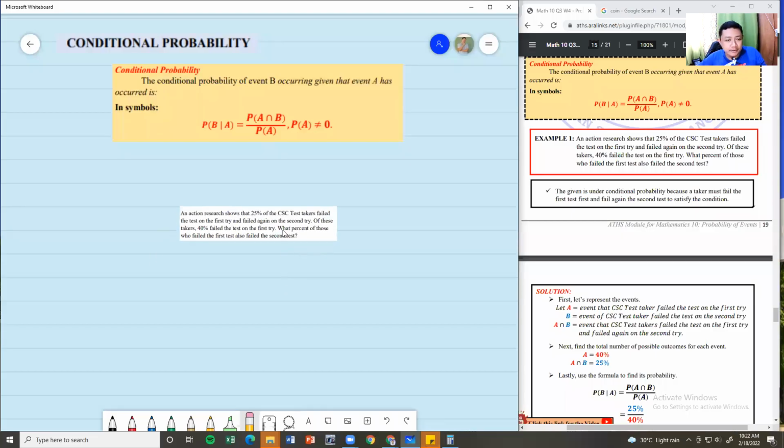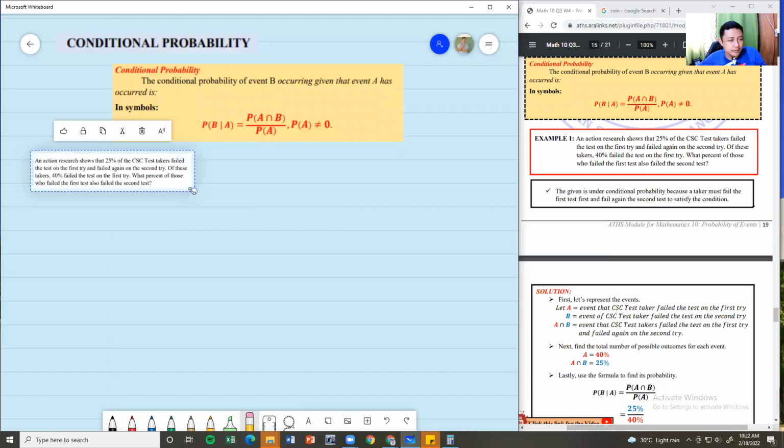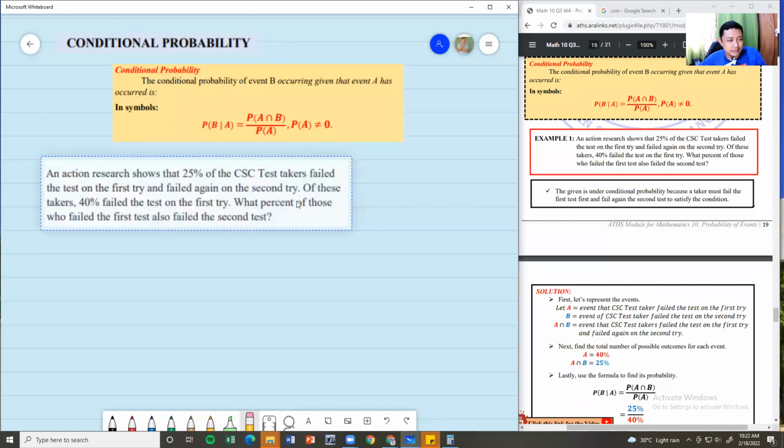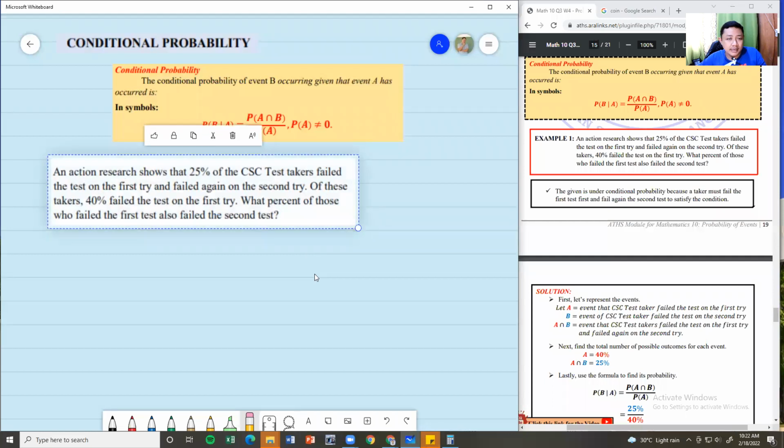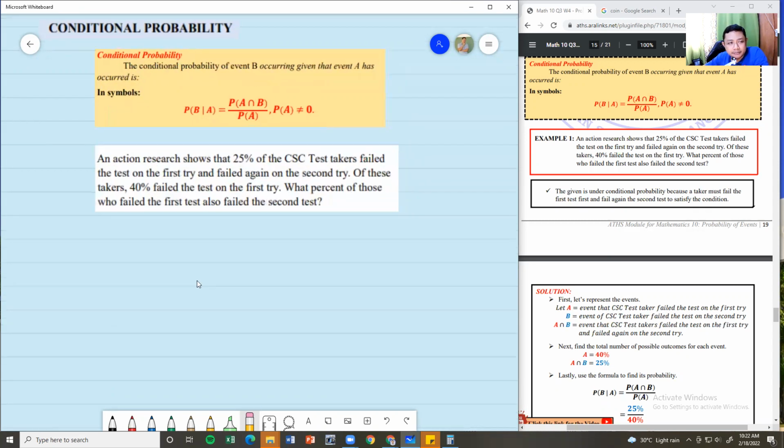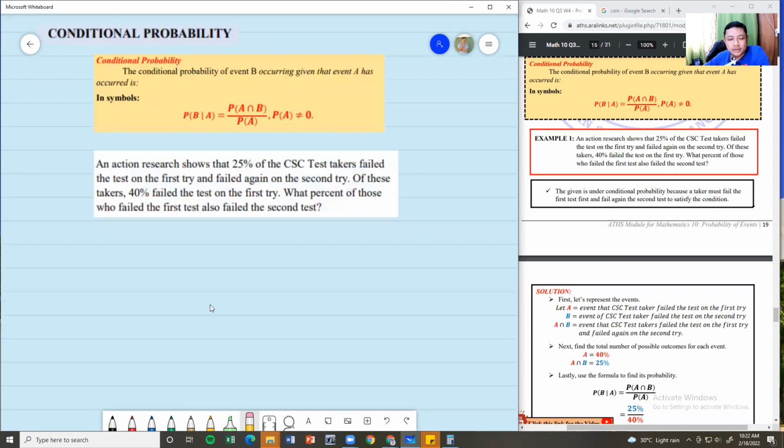Are you familiar with CSC? When we say CSC, that is the civil service exam. When you are in college, you can already take the civil service exam. And when you pass civil service, you get a license that allows you to work in the public sector. So, in this problem, it says, an action research shows that 25% of the CSC test takers failed the